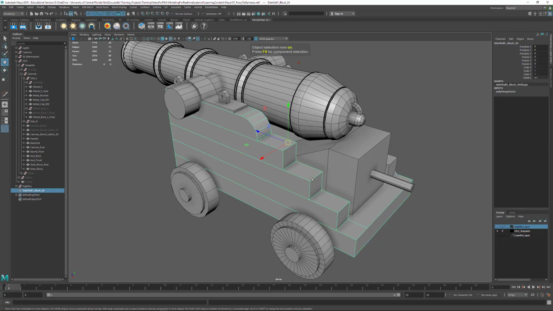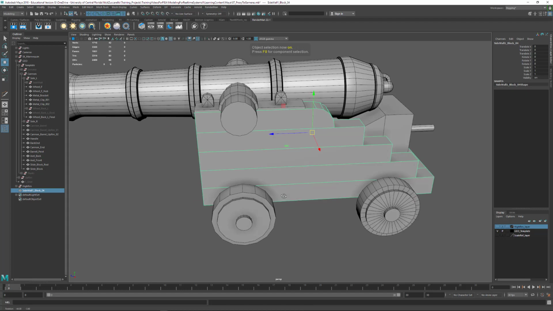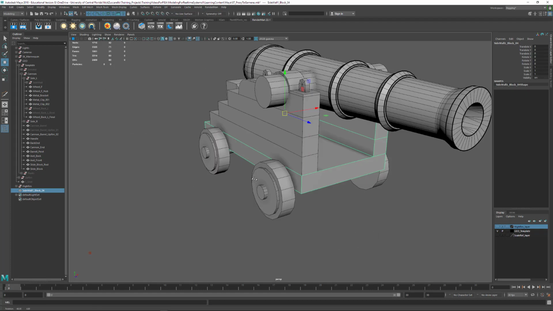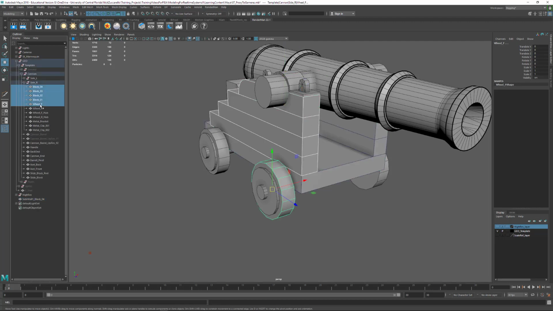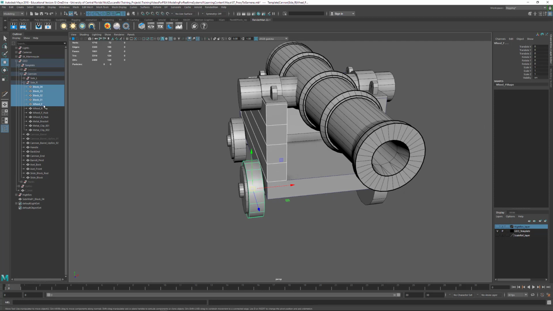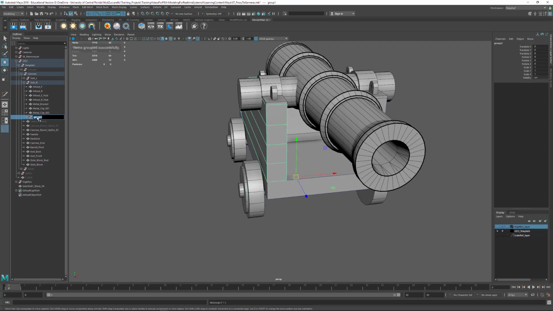I'm going to hit F8 to go to object mode. You can cycle back and forth between object and component mode, delete history, and that's Alt-Shift-D to delete that, right? So we've got this other side on the side, and let's just group this and call this sidewall, right, like this, and I'm just going to move it up here because what I'm going to do is just hide it